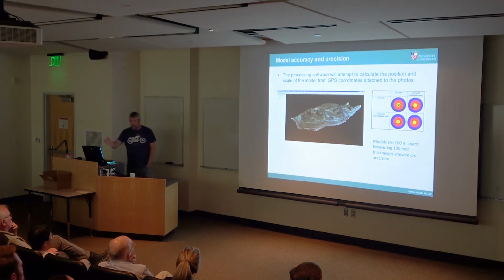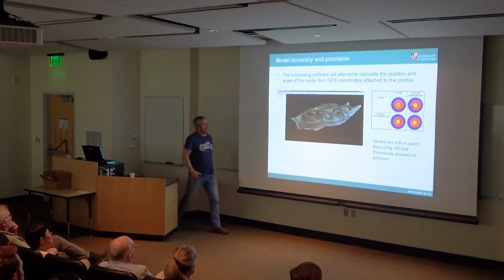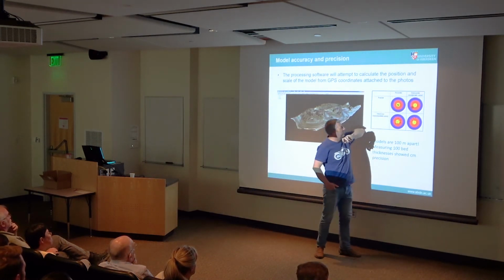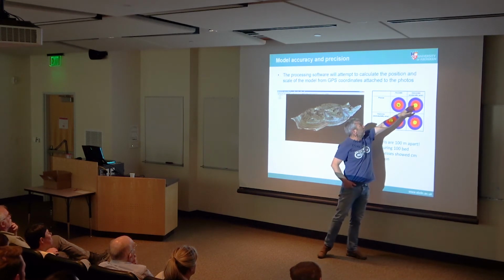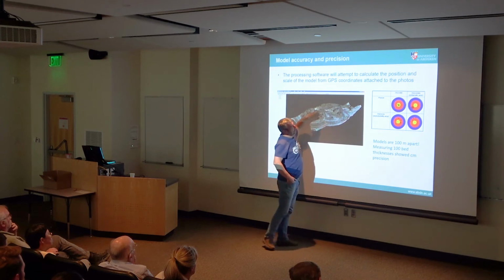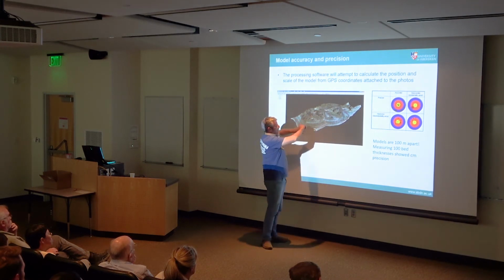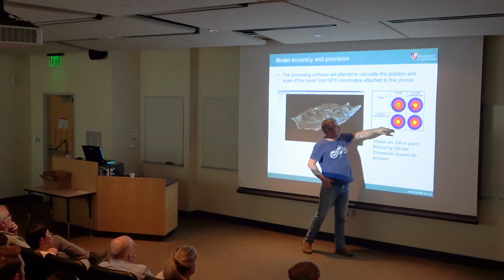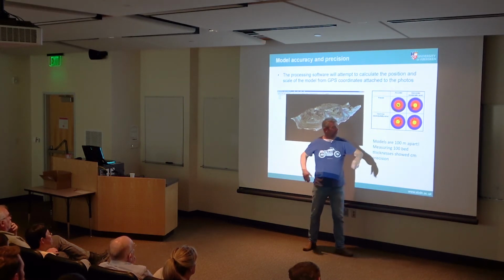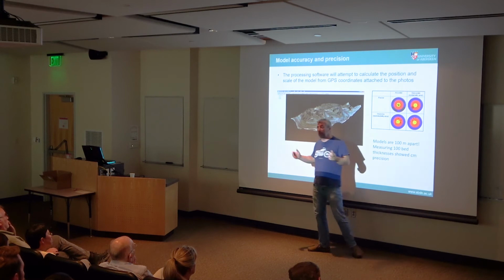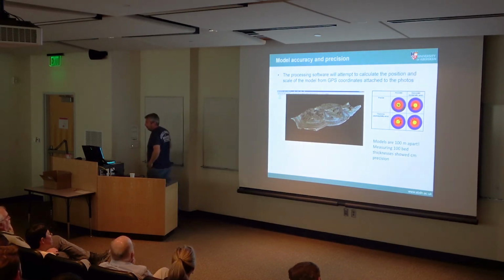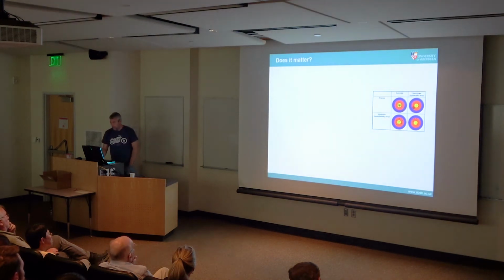And basically, this accuracy and precision thing, it's this little matrix I'm sure everybody's familiar with. Precise and accurate means you're shooting there. Precise but inaccurate is what we're talking about here. So it's precise, so all the measurements are right, but it's inaccurate. This is where we are with these models without ground control points. And as I say, I think as long as you're aware of that, it's not necessarily a problem.